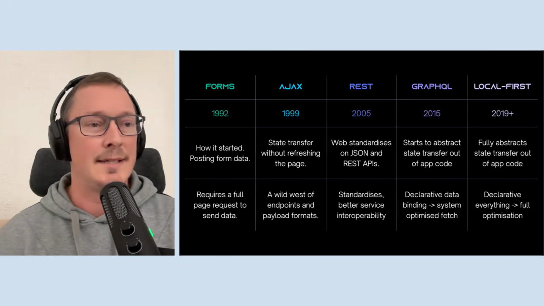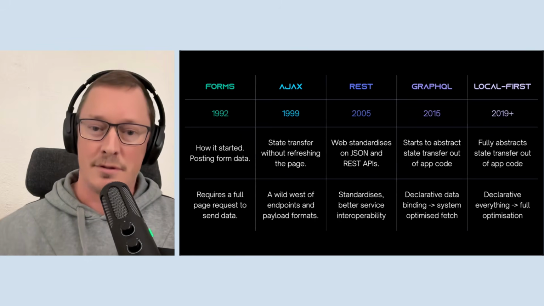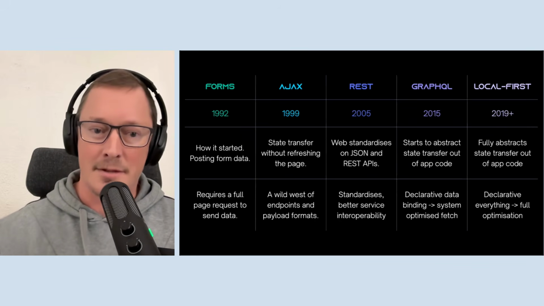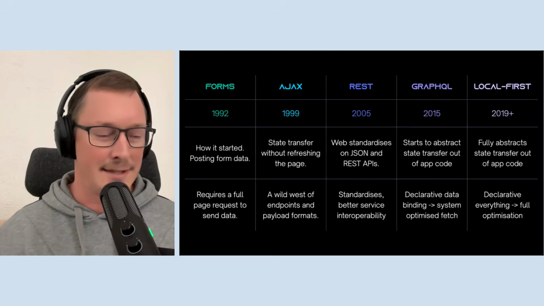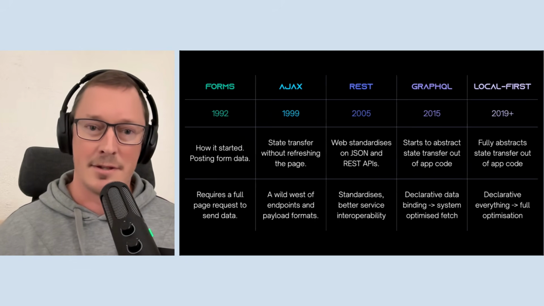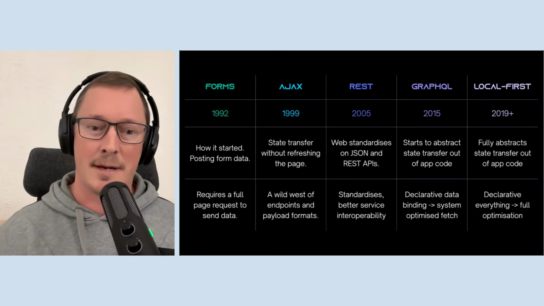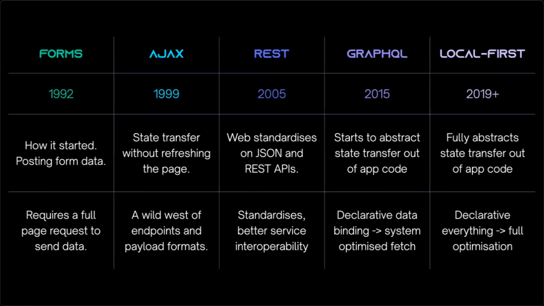One way to think about local first is as the natural evolution, or maybe the natural end game of state transfer. So state transfer, this fundamental concern of how you build software applications, like how do you get the data from the front end to the back end? And if you look at this from a developer experience point of view, it's evolved. Early on, you didn't have things like Ajax, and then things consolidated on REST, and then GraphQL started this process of abstracting away state transfer out of the application domain. And local first is kind of the natural end game for that.